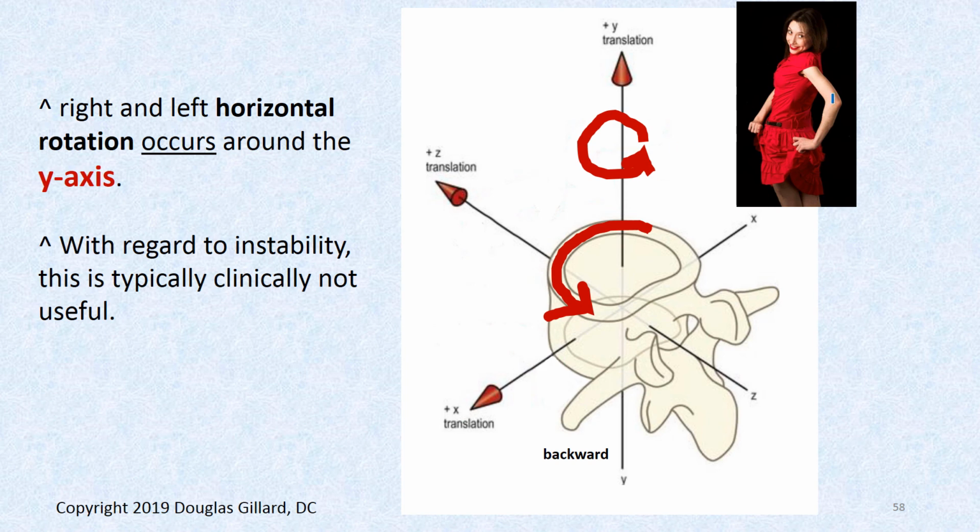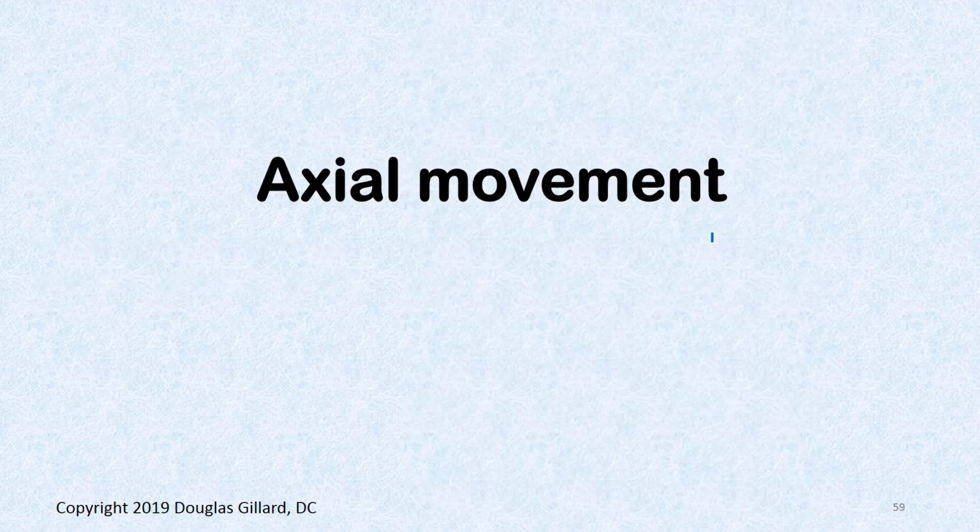Right, so here we have a girl twisting, and her body's twisting like this, and it can only twist around the y-axis. It's best viewed from the overhead view, so it's horizontal. This would be left horizontal rotation. Another view would be right horizontal rotation. Now we get